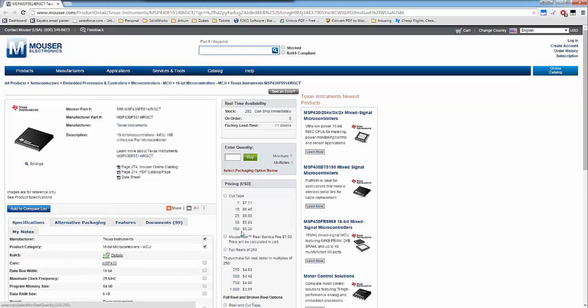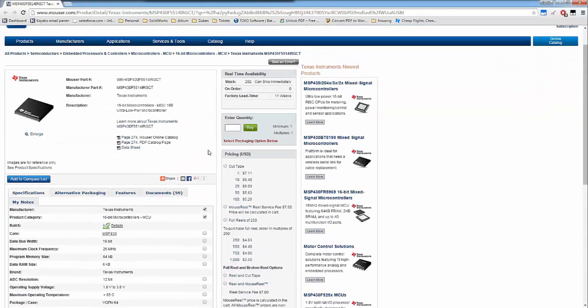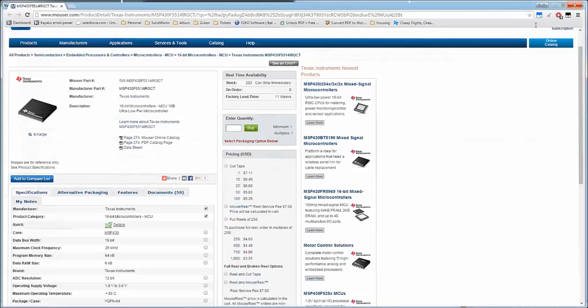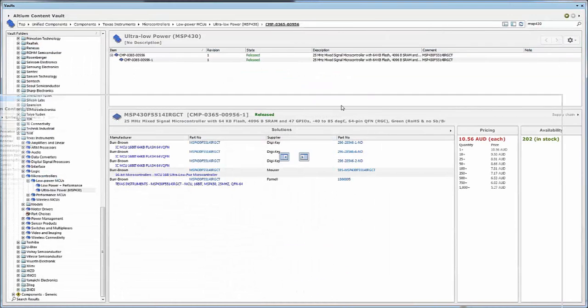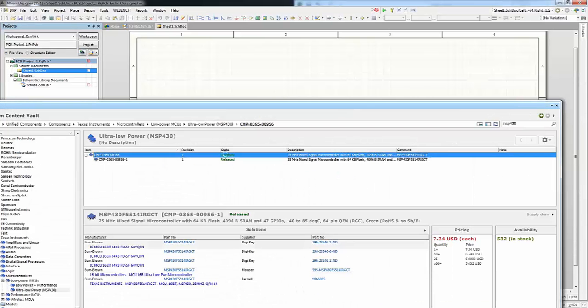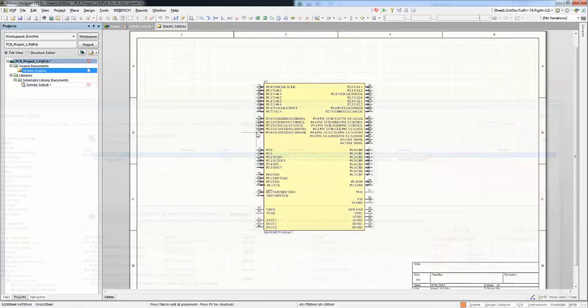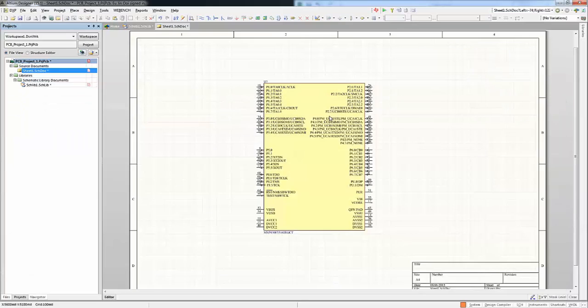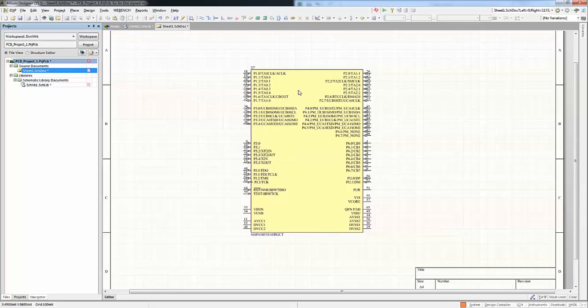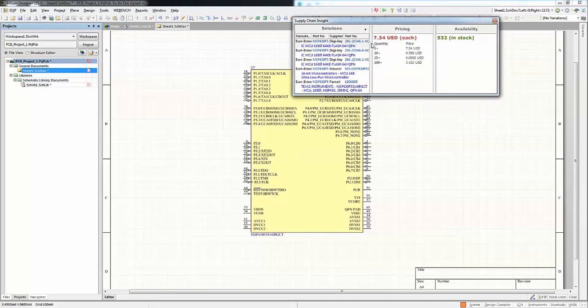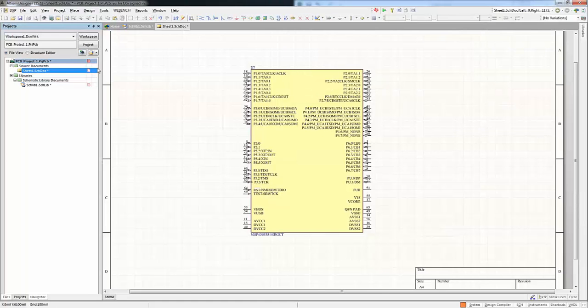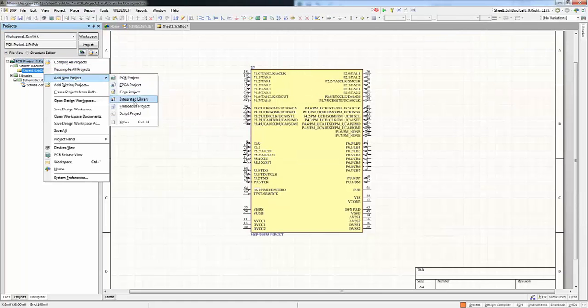As you can see here, there's the Mouser website, which has this MSP430 component that you can buy directly. If you would like to place this component, you can simply place it, and not only that, you can also copy and paste this symbol to your library if you want to do that. Once you place this component, if you hover above it, you'll see all the price and availability list because of the live supplier links to those